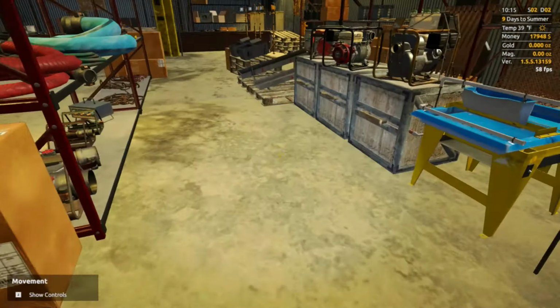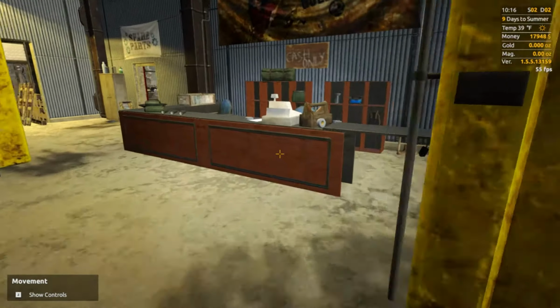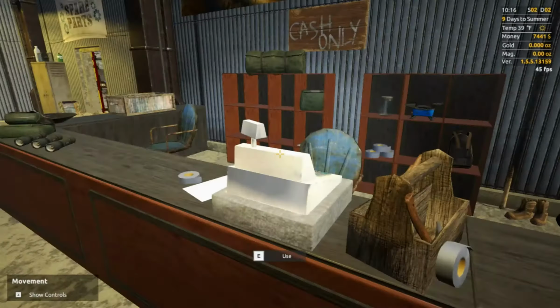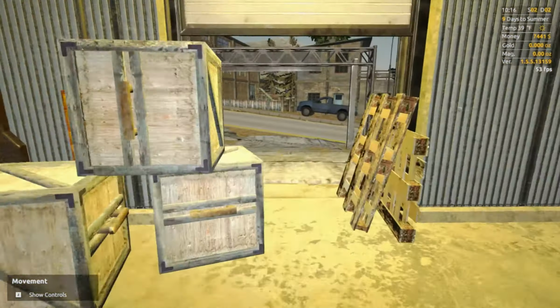Oh, okay. Well, I guess not. Oh, crap. I just figured out something else. Mobile wash plant, fuel tank. So we're only going to be able to haul one of those at once, but look, $10,000. Ouch. And we're back. So basically that loan